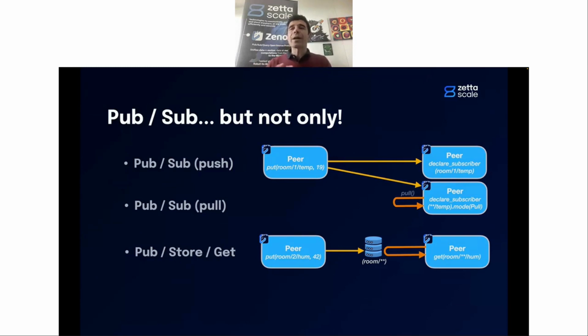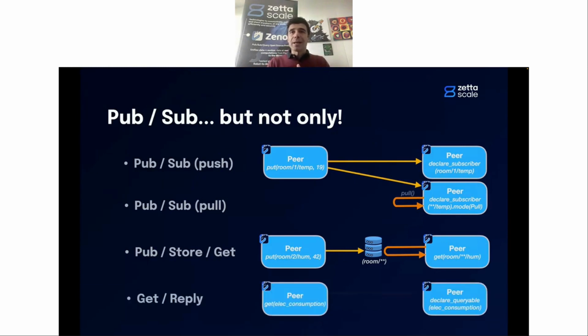And again, where this data is retrieved, you don't need to know. You are querying a set of data, and we will see the query syntax. You are not querying a location. You don't need to know where the data storage is. And as we will see, with the same mechanism